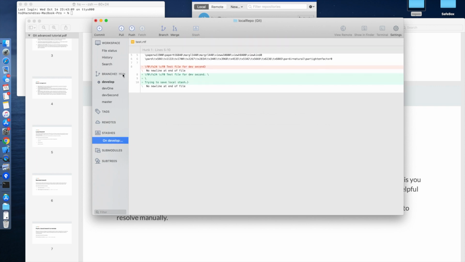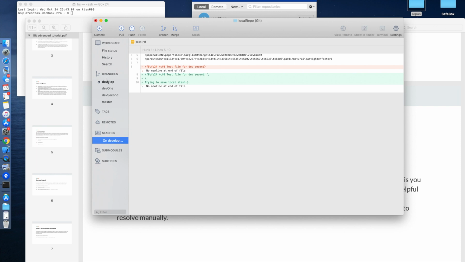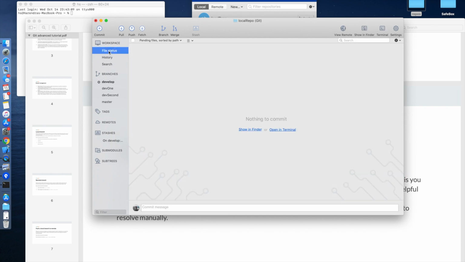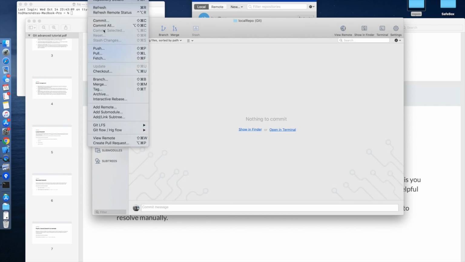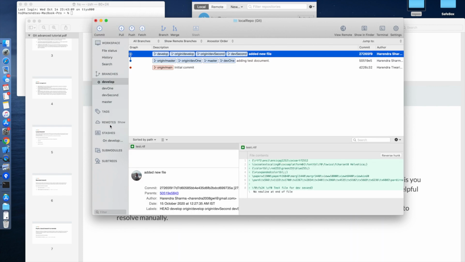There are some uncommitted changes, so first we have to, we are on develop branch, reset, refresh this, and now